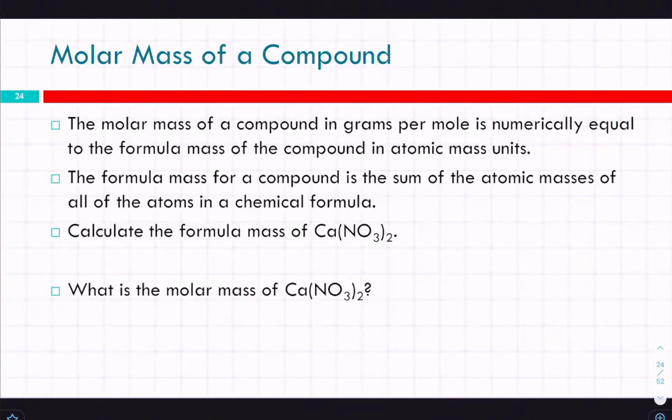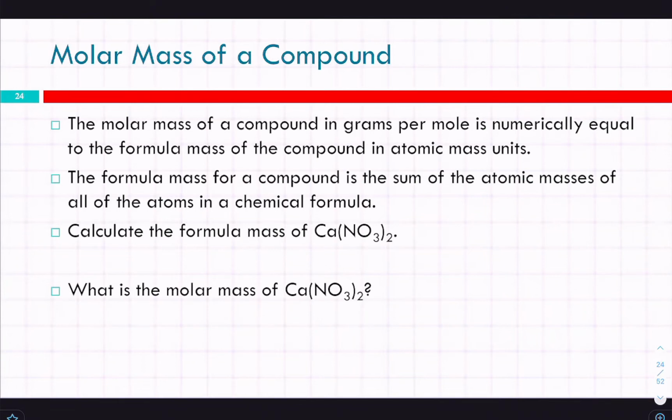So this was the thing that we did in the very last section of the last chapter, where we calculated formula mass. Basically, you count up how many of each type of atom there is, multiply those by their molar mass, add all that together, and you get the total mass. So formula mass, again, is the sum of the atomic masses of all the atoms in a chemical formula. So for the formula mass of calcium nitrate,